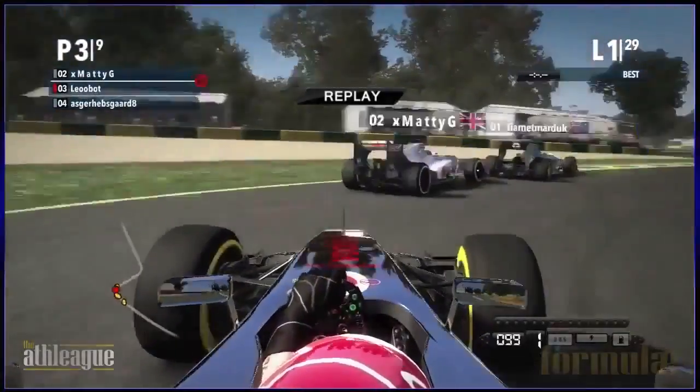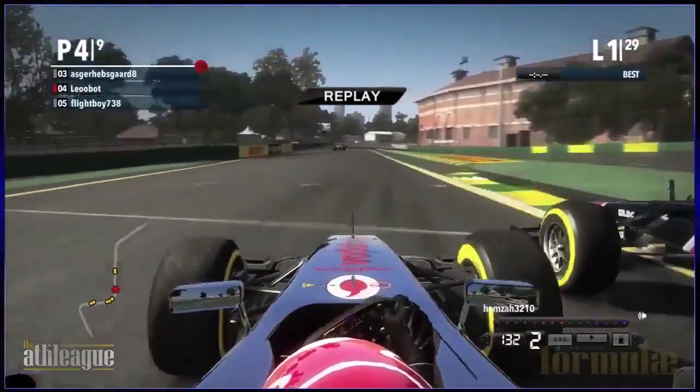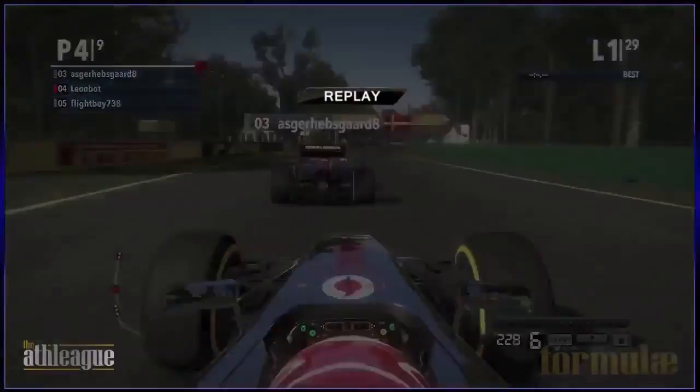Does he outbrake himself? He does. Goes into the gravel, but that's damaged his tyres a little bit. May have to come in for an earlier stop, but he's going side by side there with the Marussia, but he has to concede that spot if he wants to avoid a crash there. But what do you make of...